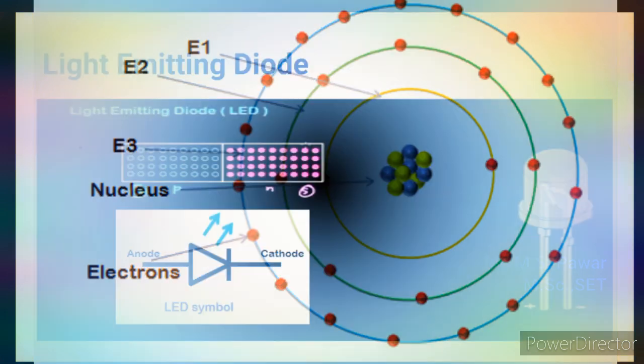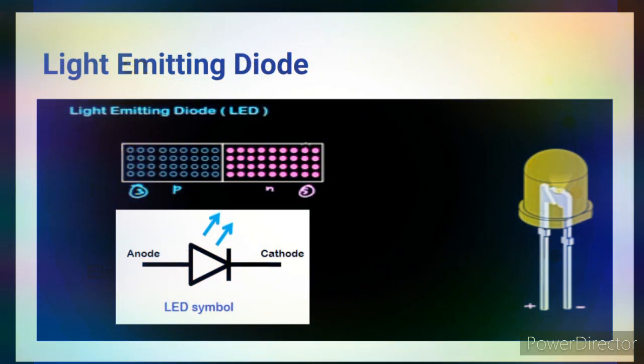What is a light emitting diode? Light emitting diodes are the most widely used semiconductor diodes among all the different types of semiconductor diodes available today. Light emitting diodes emit either visible light or invisible infrared light when forward biased. The LEDs which emit invisible infrared light are used for remote controls.